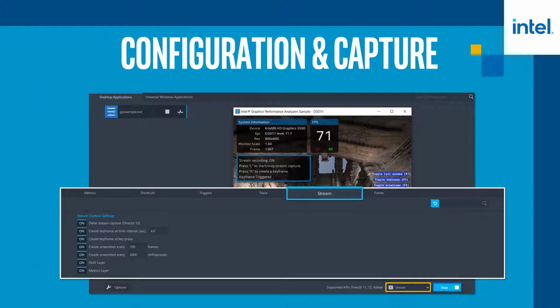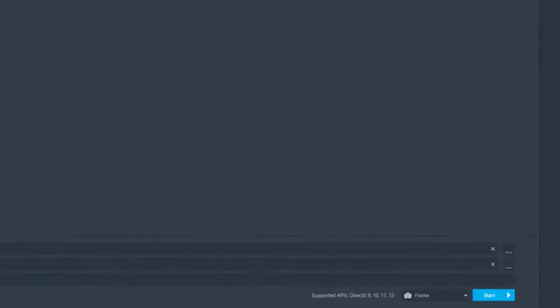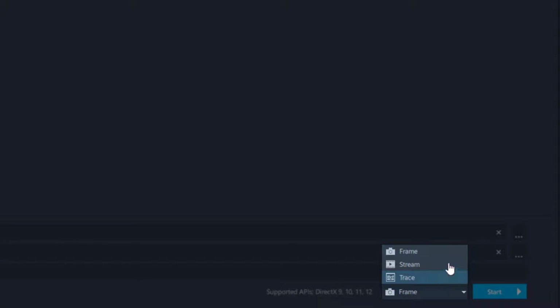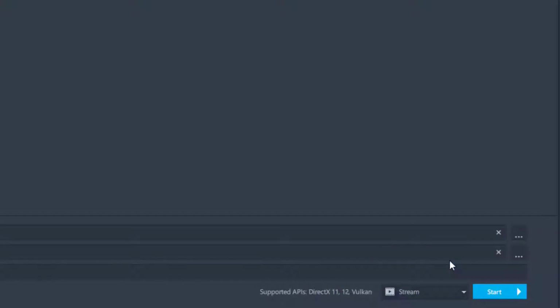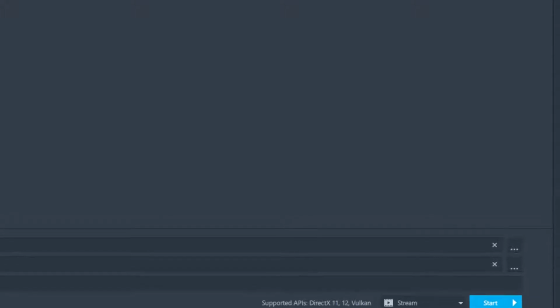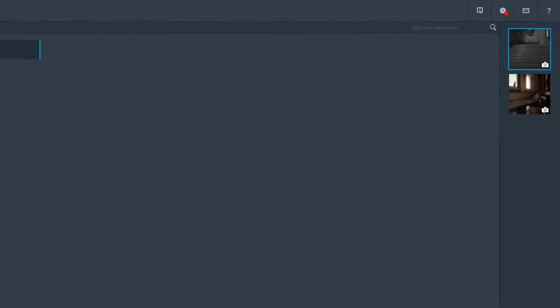This video will demonstrate fundamental stream capture capabilities in Graphics Monitor that will aid in the configuration and future analysis of stream capture files for multi-frame profiling in Graphics Frame Analyzer. While in Graphics Monitor, enable stream capturing mode by selecting the stream option from the drop-down menu next to the Start button. Streams are continuous sets of frames which can be used to analyze issues like sporadic drops in the frames per second of your application.